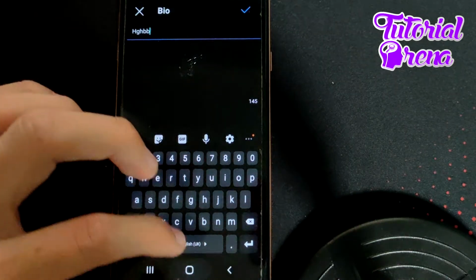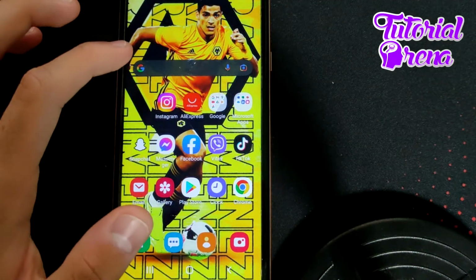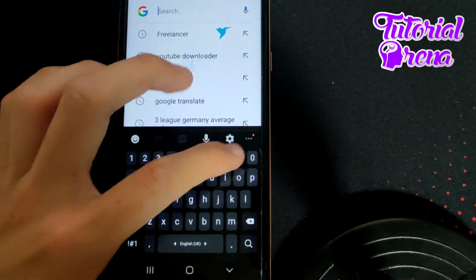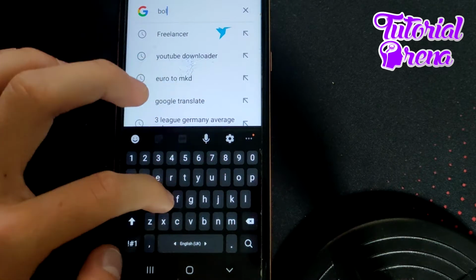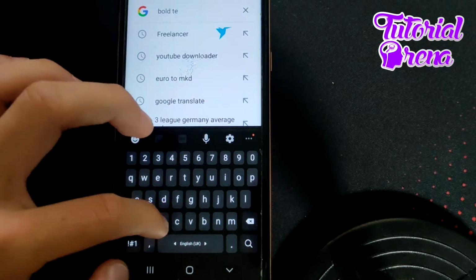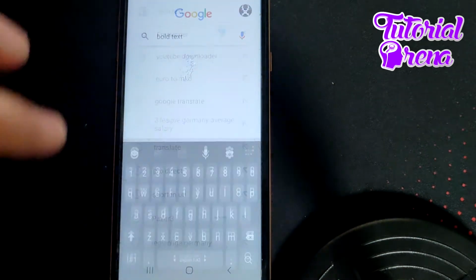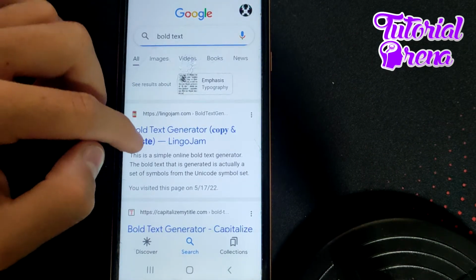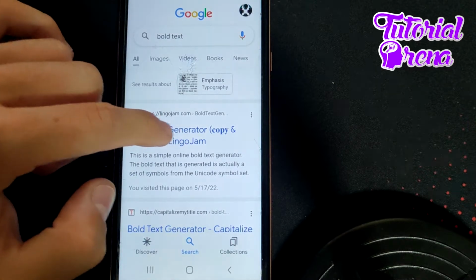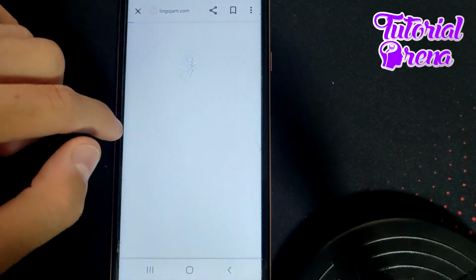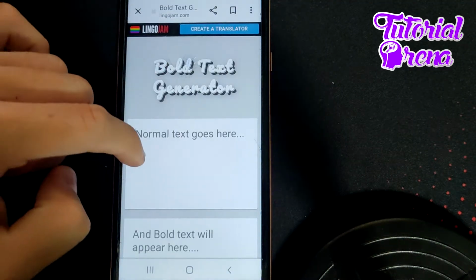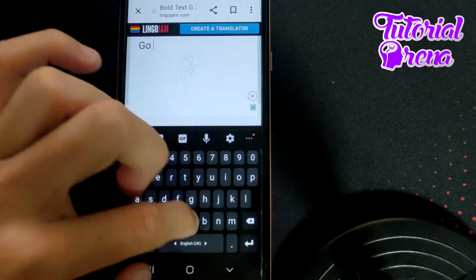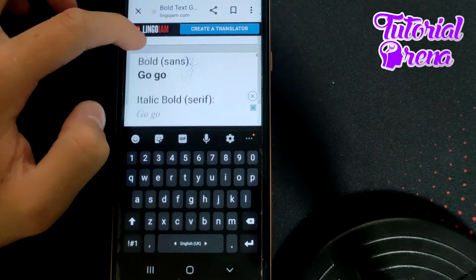This is why you're gonna get up from here, go to your browser, and here you're gonna type simply bold, go bold text and just go on that search box, and of course it will show up on the first site, which is right here. Just go tap on it, lingojam.com, and here you need to add a text, for example, or I will say go, and scroll down,